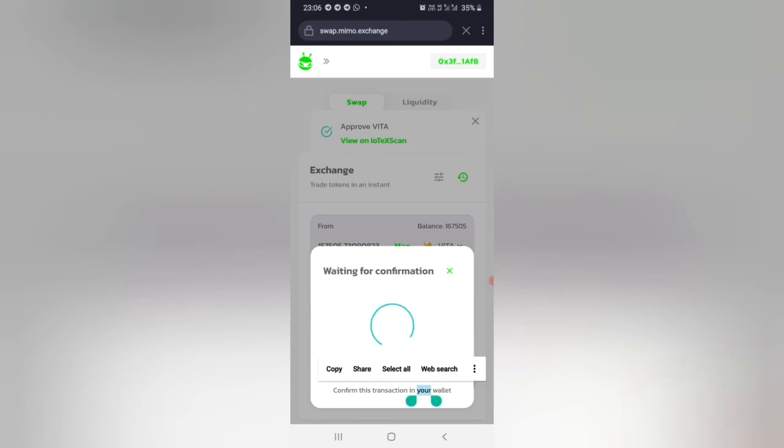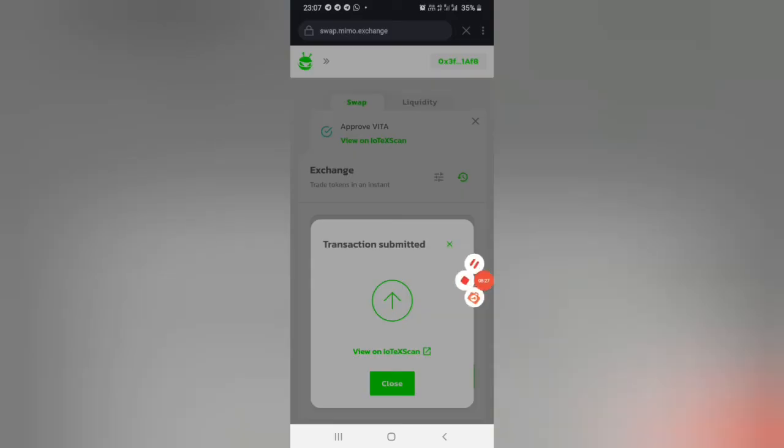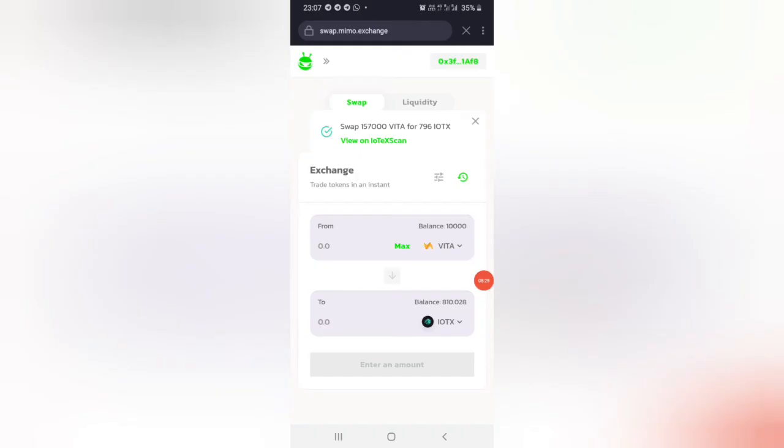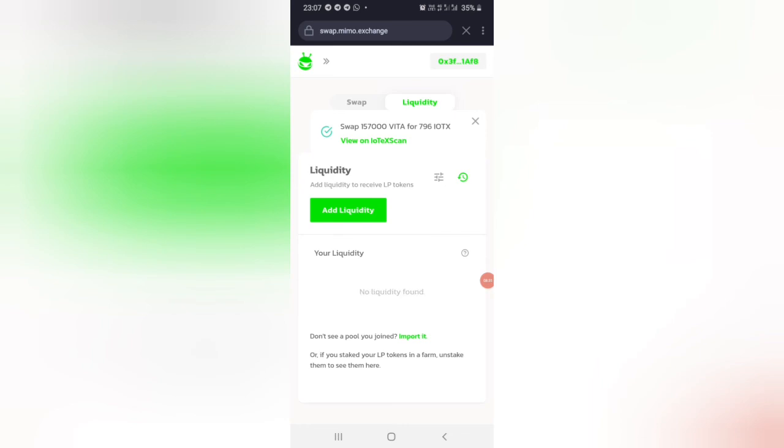On confirm swap, the transaction is very fast with a very low fee. Now you can add the liquidity if you wish.